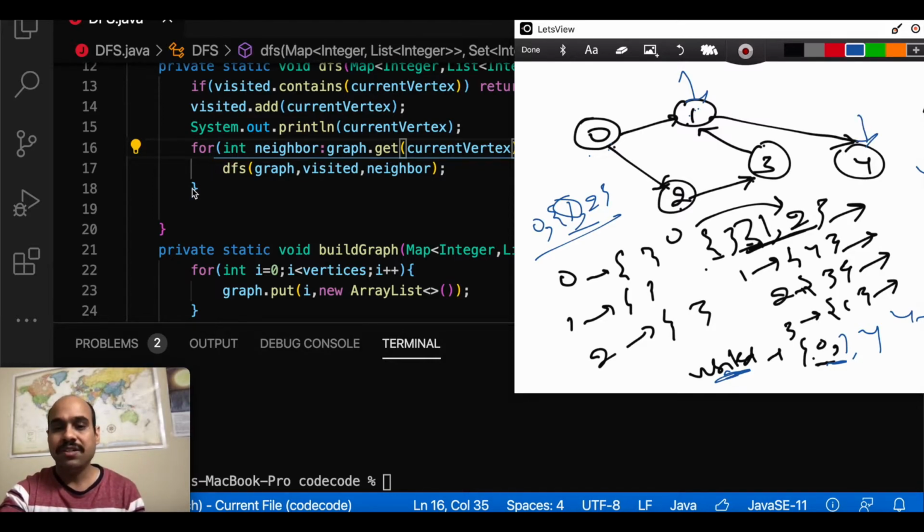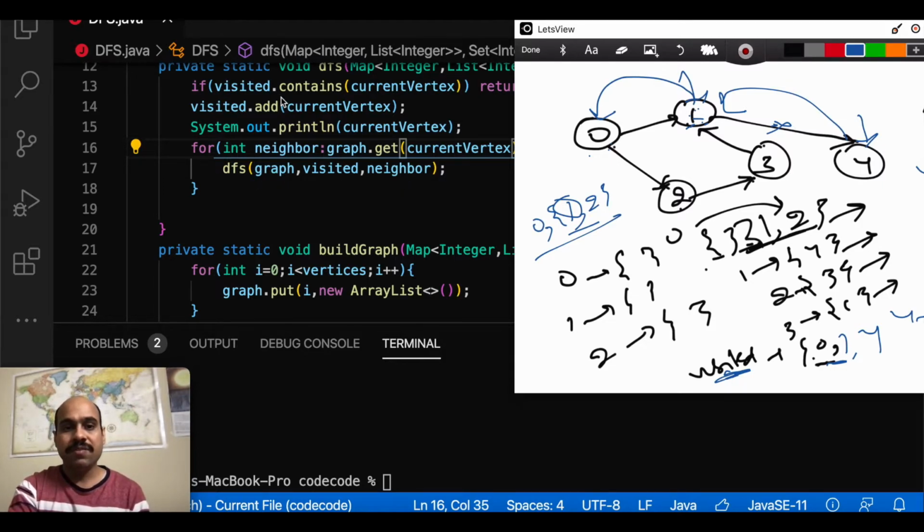So we were here, and now it has returned. It will come to this part and again check how many neighbors are there and how many are visited. We already did 4, which was the first neighbor of 1, but now there is no other neighbor for 1, so again it will go back to this 0. If you remember, we had taken 1 the first time when we were visiting through 0 as a neighboring vertex. Now 2 will be taken, and the same function will be called for 2, with the graph, visited, and neighbor.